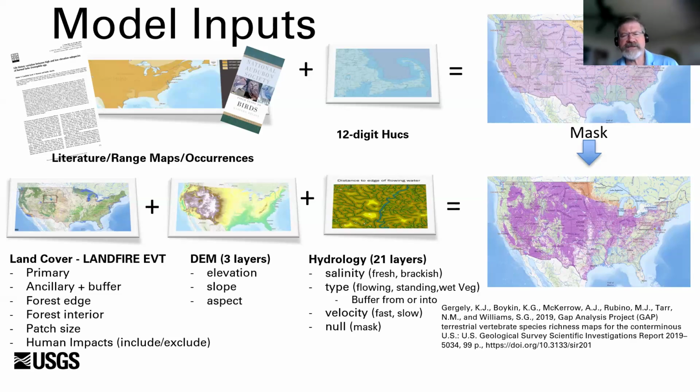So one of the things, especially out here in the West, is riparian areas are difficult to map, but we can use the hydrology layers as a surrogate to identify those riparian areas, especially in the desert parts of the Southwest. So we put that all together and identify where habitat occurs on the landscape. And then we use that range to make sure we are not predicting habitat outside of where the range of that species is known to occur.